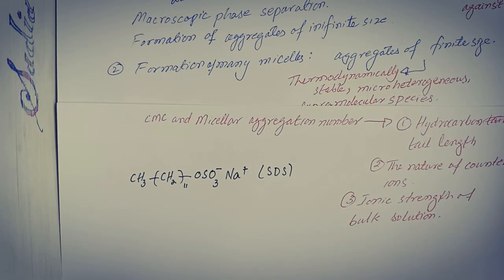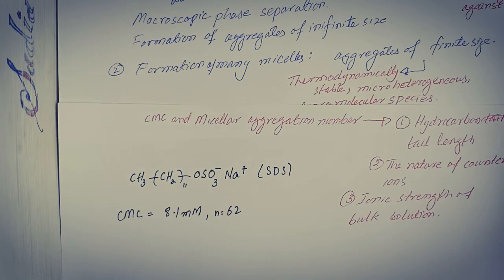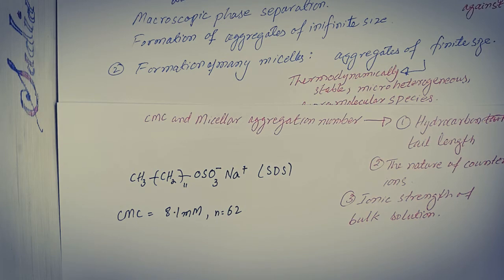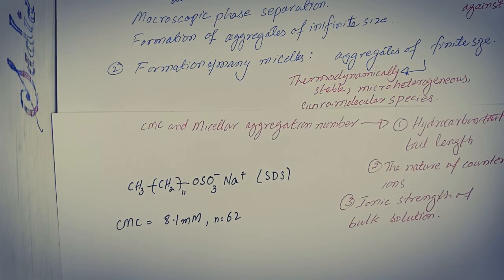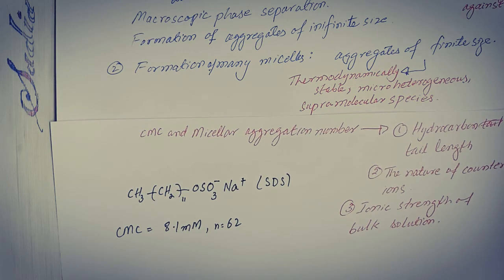Now let's consider an example of amphiphilic molecule that is known as SDS, or sodium dodecyl sulfate, which is the most common surfactant used for the study of solvation through micellization or micellar solvation and different other studies. So for this kind of surfactant, the CMC observed is 8.1 millimolar, whereas the aggregation number is 62, means the micelles of this SDS surfactant usually have 62 monomers in